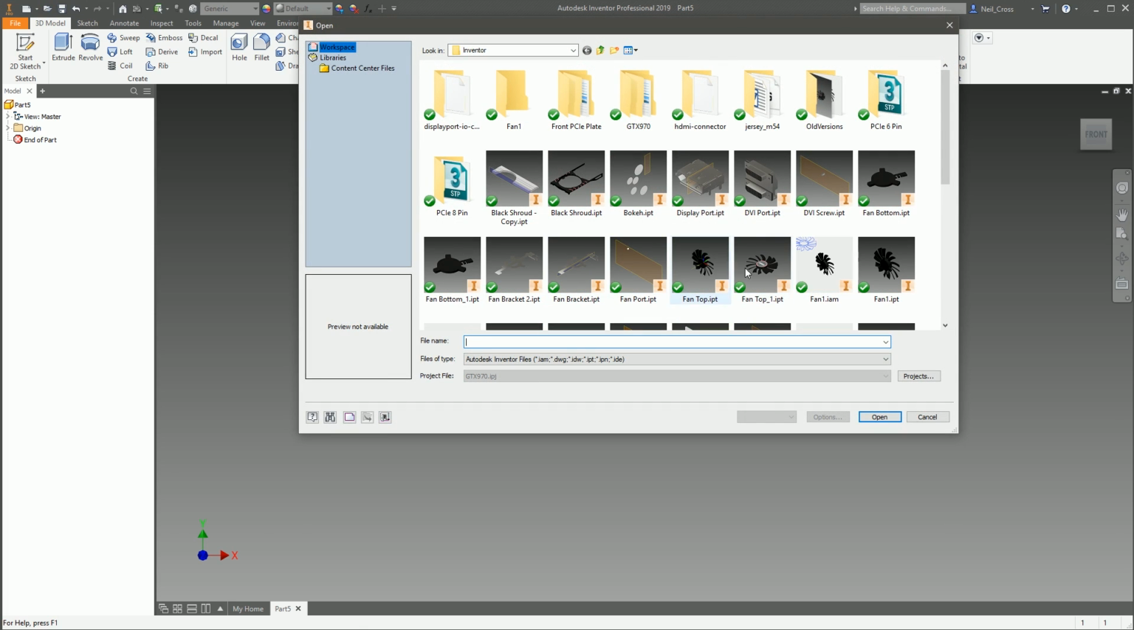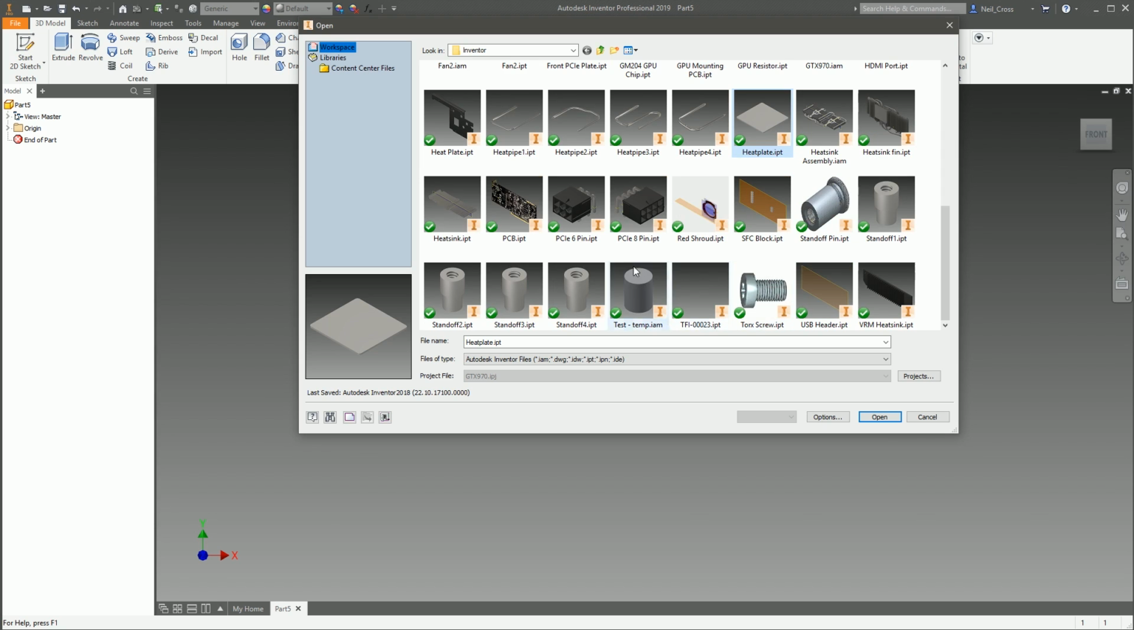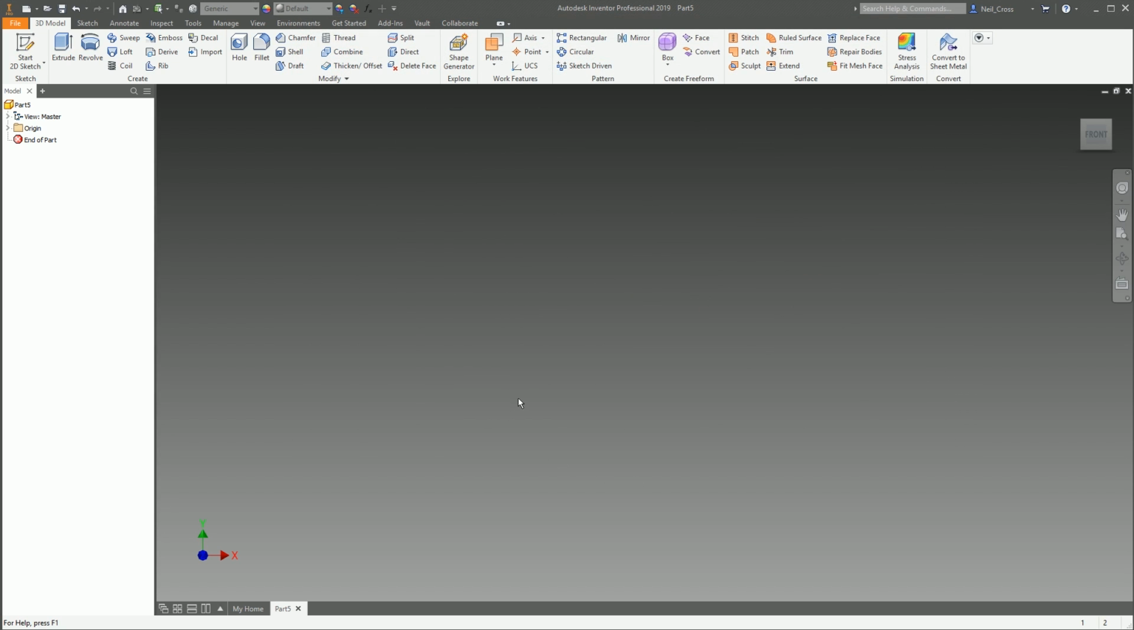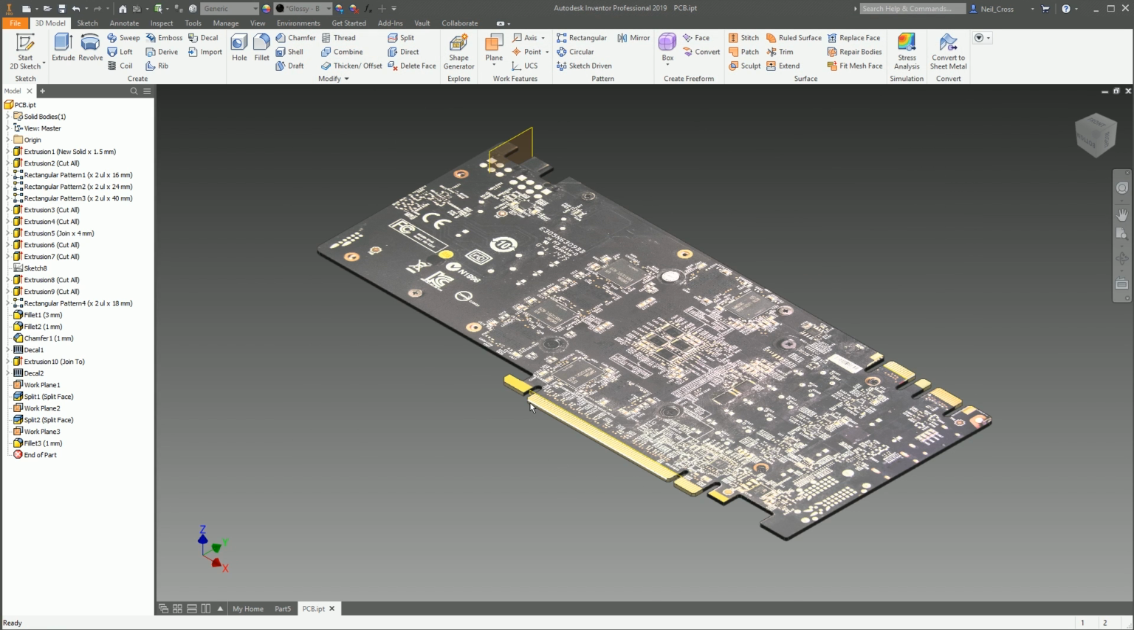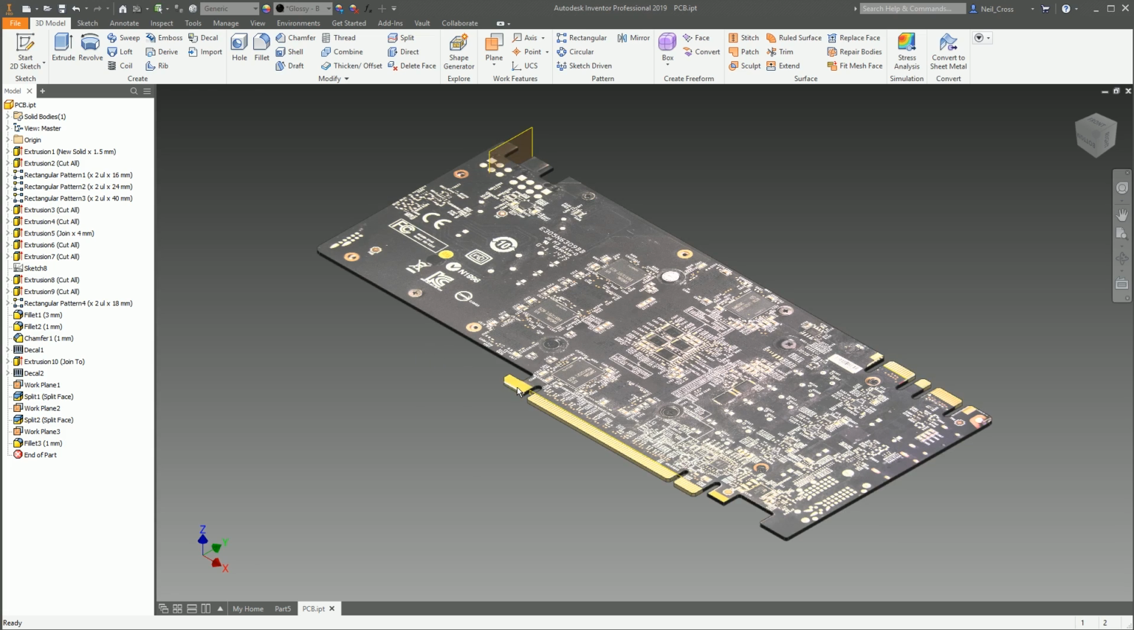So what I've got is a PCB board which I've previously designed, which is here somewhere. There it is. There's our PCB board. Now what you'd rather avoid doing is a save as every single time you design a new product that needs this PCB board, because you'd have 100, 200 assemblies or 200 parts with a duplicate copy of this same PCB